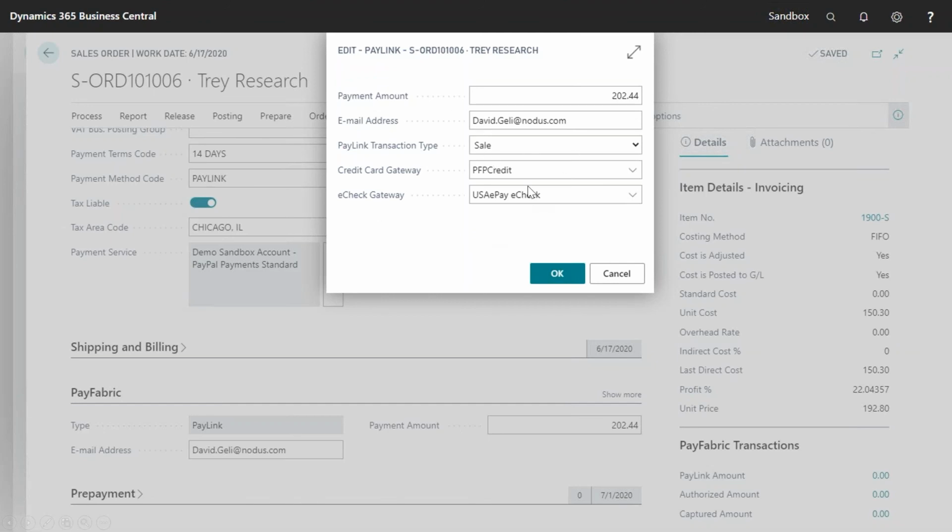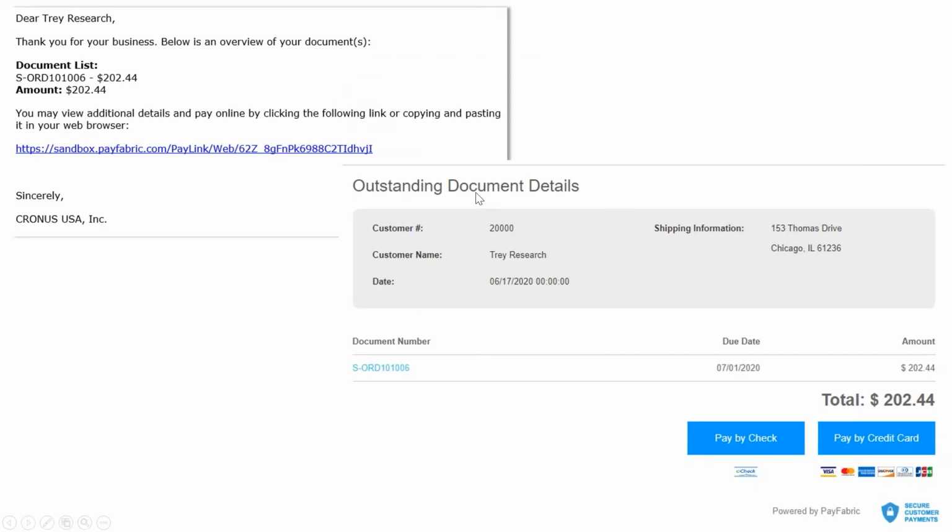So if I want to collect payment from, in this case, David, instead of me asking him to read me the credit card over the phone, I can just send him a text message on his cell phone, or I can even email him a link. When David receives an email, and this is a sample email screenshot, he can click on it, and it will take him to something like this, where this is an order. And if he pays by check or credit card, it will take him to